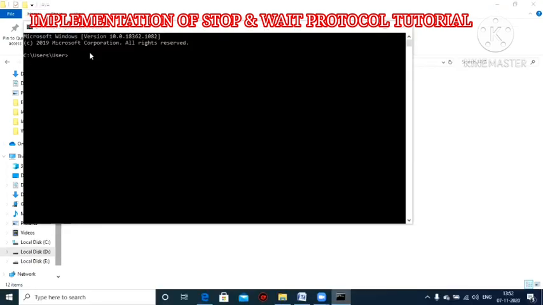Okay. Now in this command prompt, I typed it here because it is a C folder, but my file is stored in the D drive. Inside the D drive, I created one Java folder. There I store my sender file and receiver file. Now I want to compile the file from the D drive.